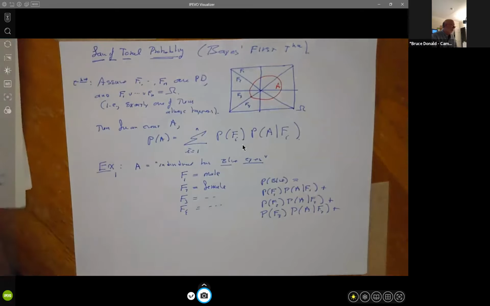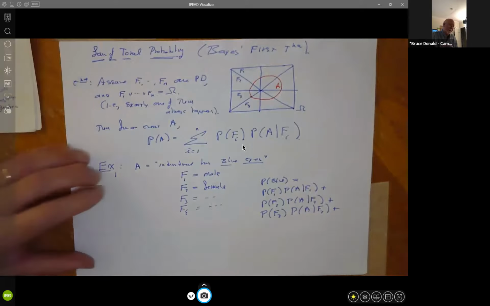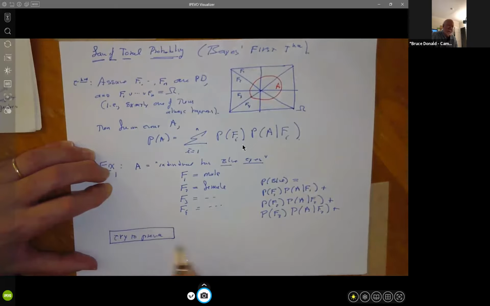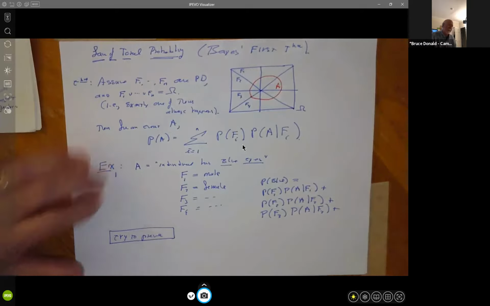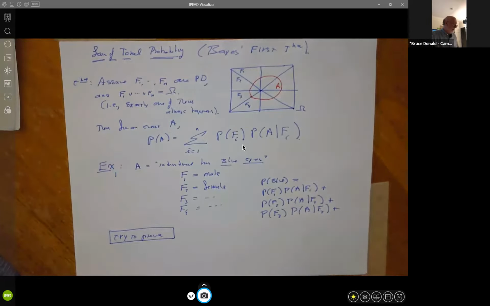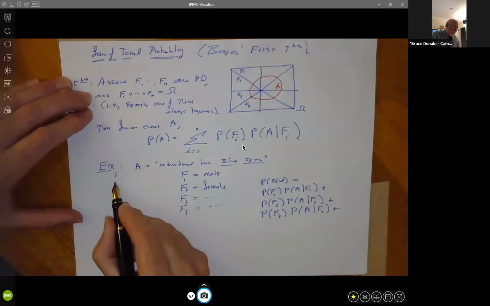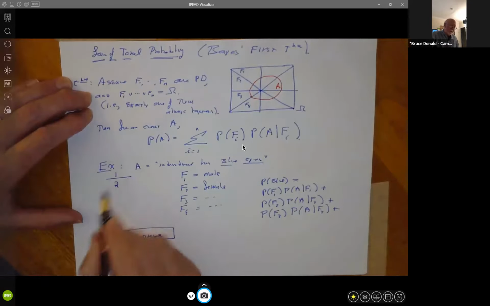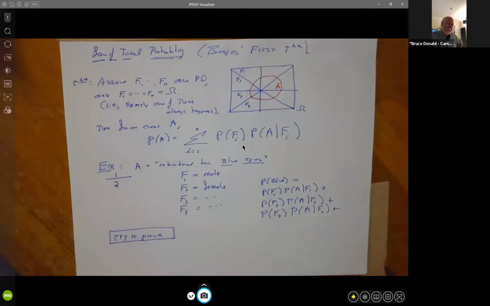I'm going to say that you have all the tools to prove this, and I'd suggest you try to prove it. What I'd really like to do is illustrate some cases that we'll be looking at in the future, do something a little more interesting, and then we'll help you prove it. There's also going to be a proof in the notes. So, law of total probability: we've done examples 1 and 2. Example 1 is the binary case where there are only 2 genders. Example 2 is the case where we have many different choices. The main thing is they have to be mutually exclusive. You can only be one of them at a time.